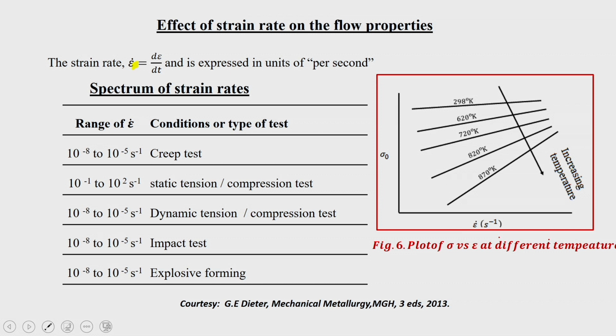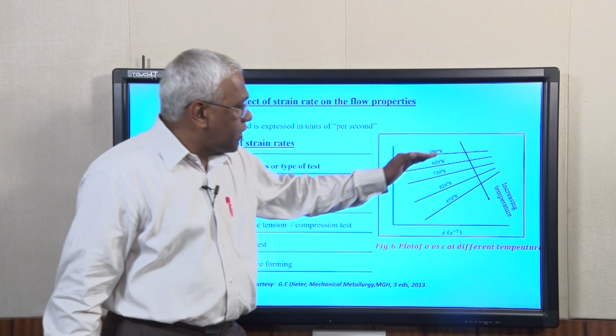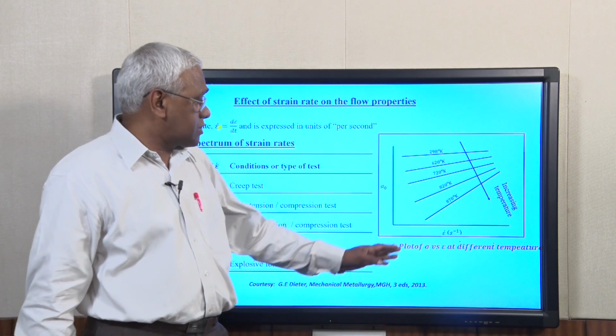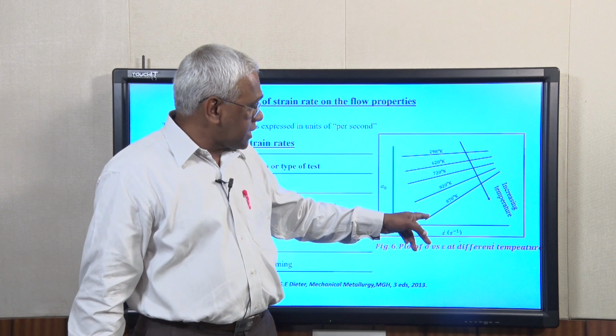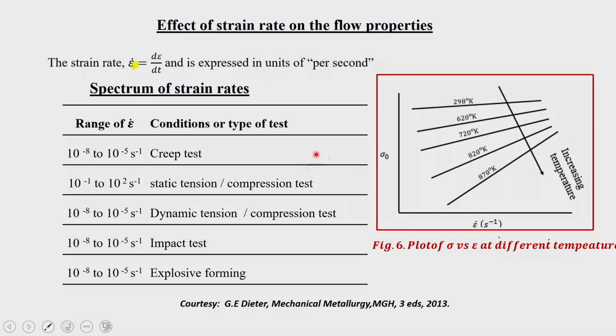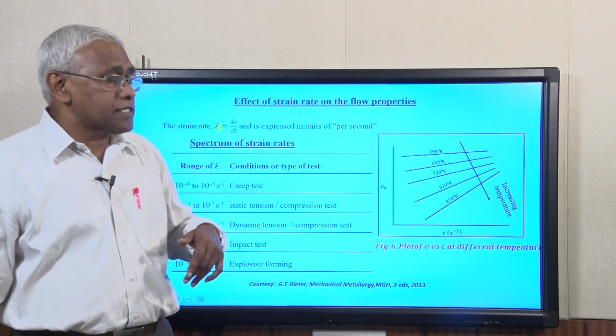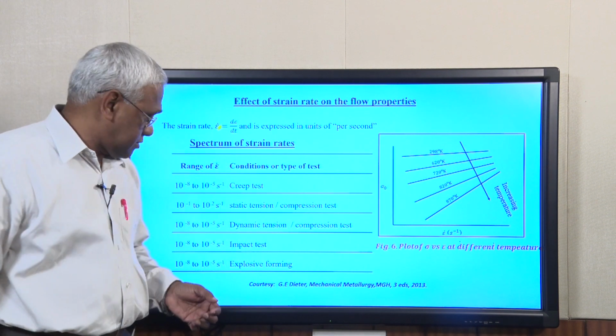But when experiments are carried out at different temperatures and at constant strain rates, we will come to how it is conducted, you will find the flow stress curve coming down with increasing temperature. The flow curve keeps on decreasing, and with increasing strain rate, the flow stress keeps on increasing. So, for the individual cases carried out at different temperatures, with an increase in temperature the flow stress value decreases, and with an increase in strain rate the flow stress value increases.